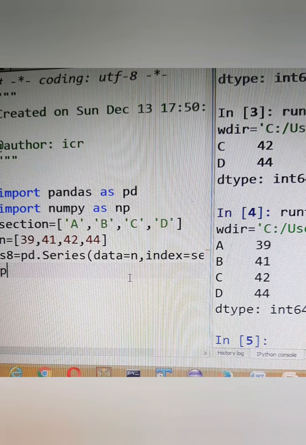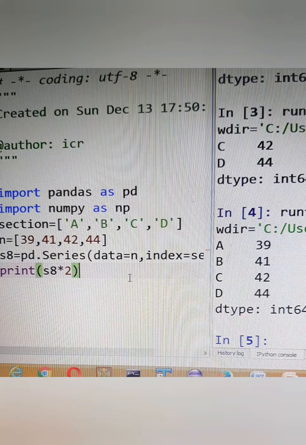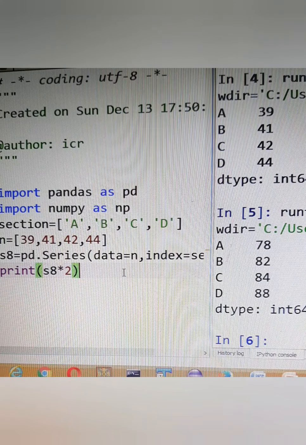I can write directly print S8 * 2. So whatever values S8 has got, 39 into 2, then 41 into 2, then 42 into 2, then 44 into 2. So if I run this program, automatically 39 into 2 will give you 78, 41 into 2 will give you 82. So any type of operations you can do on your series object.